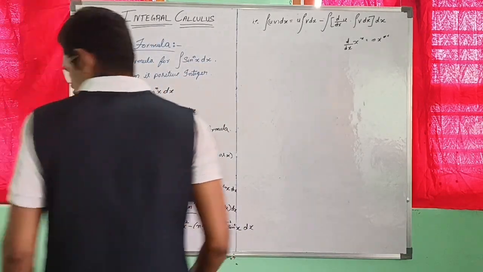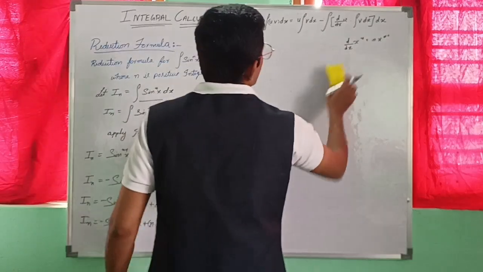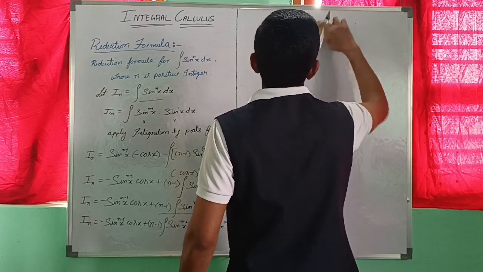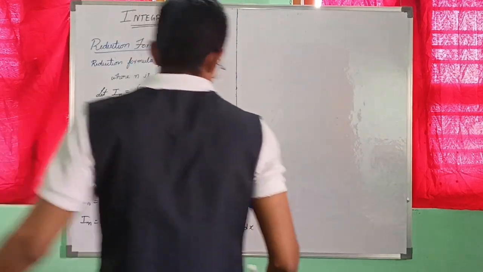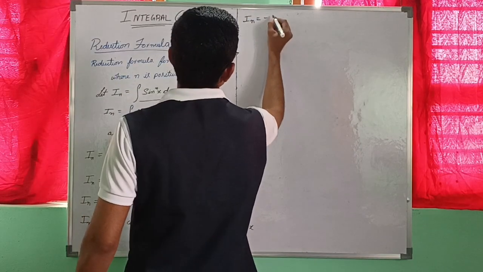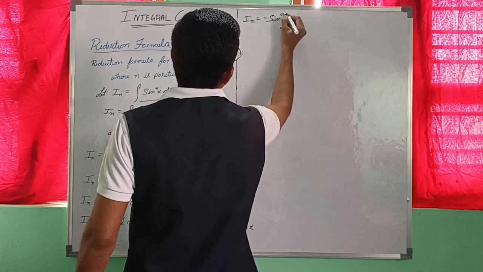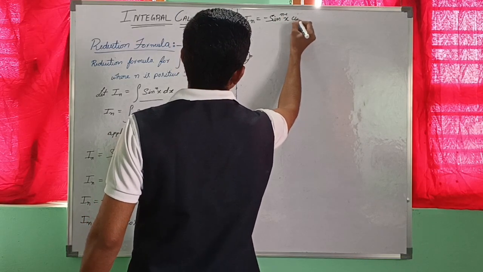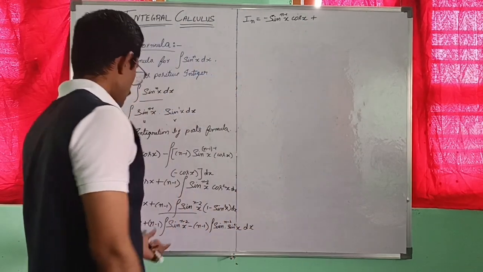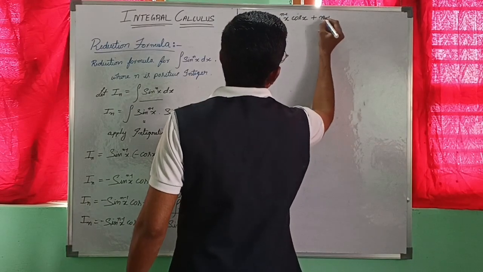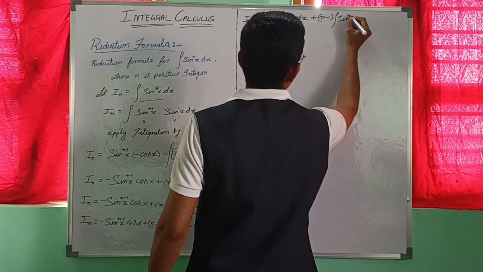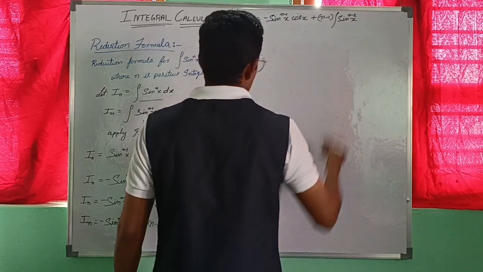Shall I rub this? Then In is equal to minus sine power n minus 1 x into cos x plus n minus 1 integration sine power n minus 2 x, I will write this as it is,